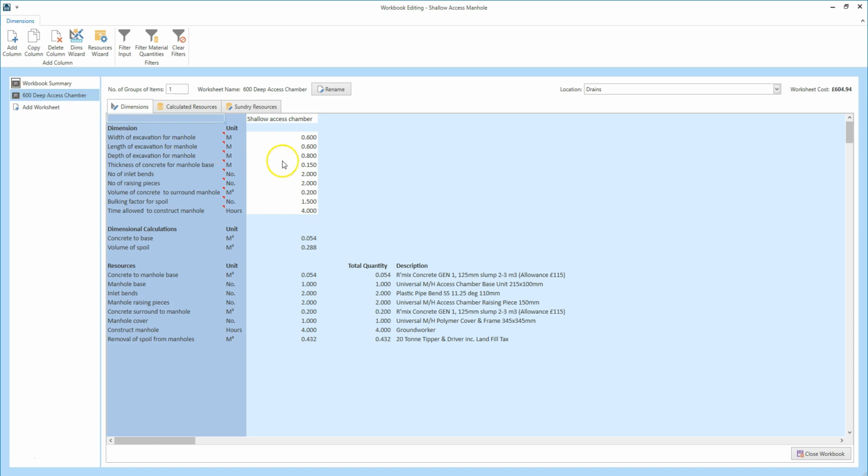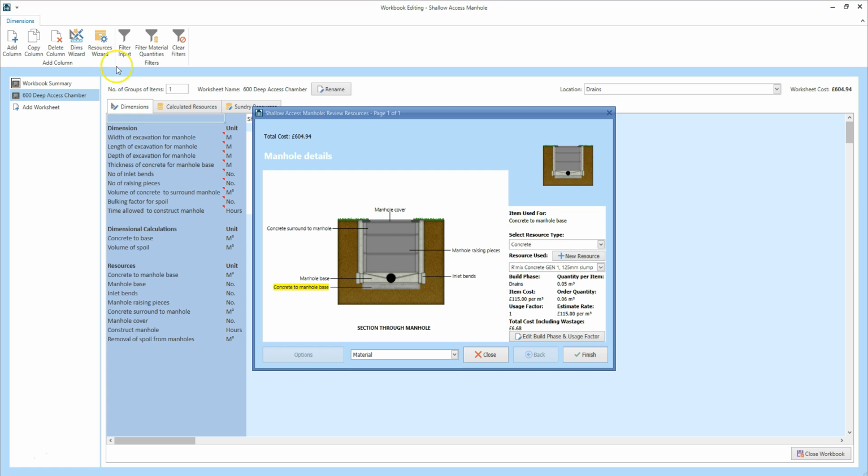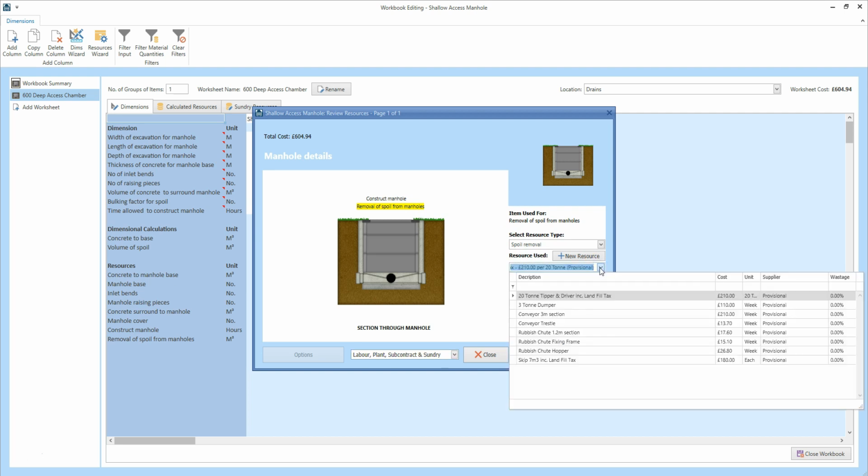If you want to change any dimensions, you can do so directly in the Dimensions tab, or you can click the Dimensions Wizard button. As with the drain runs, you can change the method of spoil removal if you need to. Click the Resources Wizard button. Select Labour, Plant, Subcontract and Sundry from the drop-down box. Click on Removal of Spoil from Manholes, and then click on the Resource Used drop-down box. Select the 7 cubic metre skip,